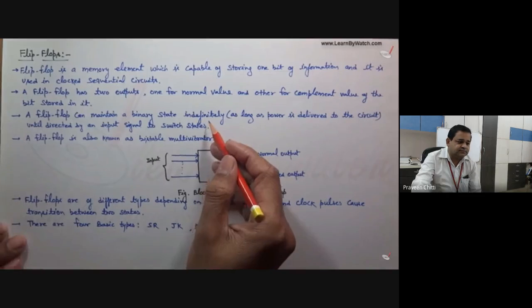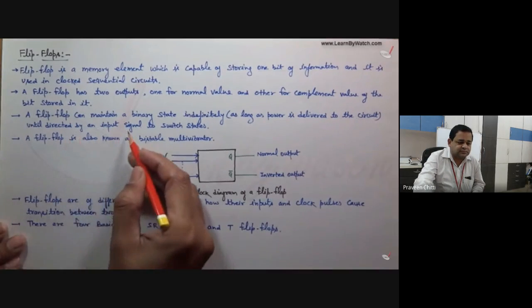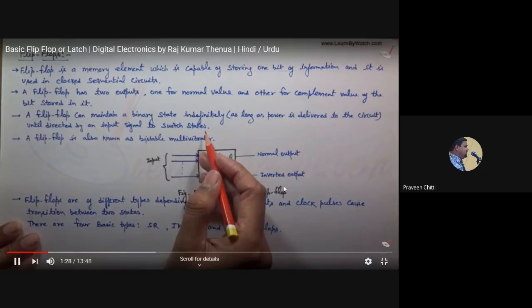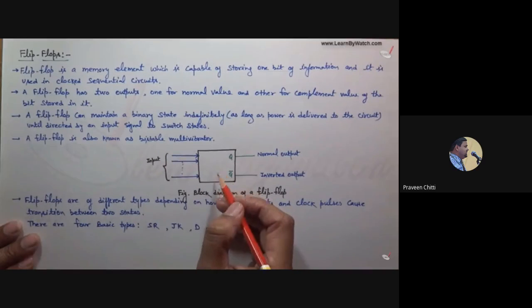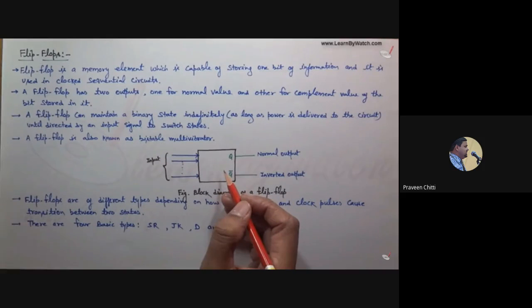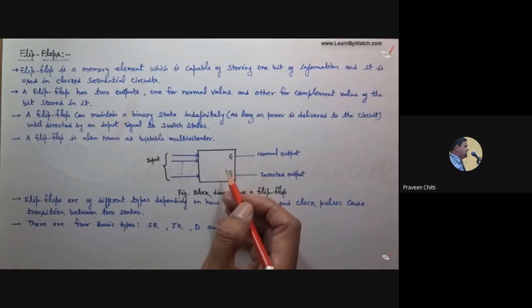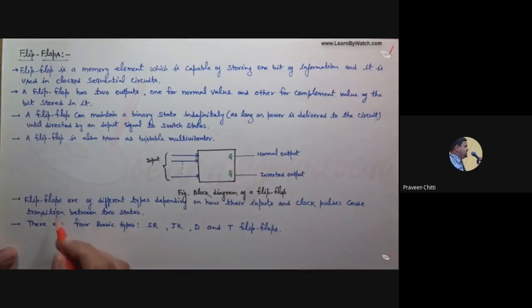है जब तक पावर आप सर्किट को डिलीवर कर रहे हैं, या फिर आप कोई इनपुट उसे प्रोवाइड नहीं कर रहे हैं उस स्टेट को स्विच करने के लिए, ठीक है। तो फ्लिप फ्लॉप इज आल्सो नोन एज बाई स्टेबल मल्टीवाइब्रेटर। तो फ्लिप फ्लॉप को बाई स्टेबल मल्टीवाइब्रेटर भी कहा जाता है क्योंकि इसके अंदर दो स्टेबल स्टेट होती हैं, वन हो सकती है या फिर जीरो हो सकती है, ठीक है।